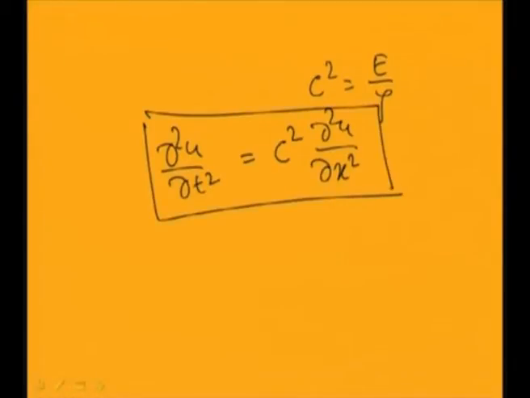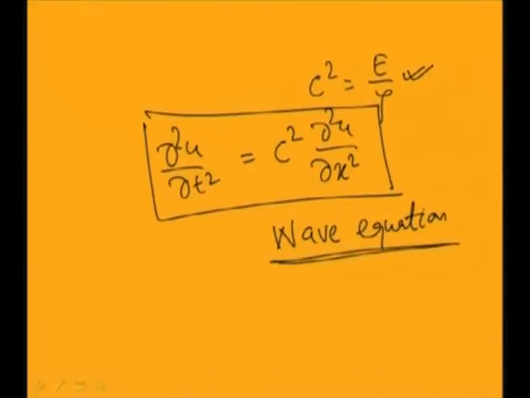So, this equation you have already derived in the case of the transverse vibration of a string. In the transverse vibration of the string you found the same equation, where c square was equal to T by m. But in the case of the longitudinal vibration of this rod, c square becomes E by rho. So, this is also the wave equation. In both cases you have seen the equation of motion reduces to that of the wave equation. Later we will see how to find the response of the system from this wave equation.